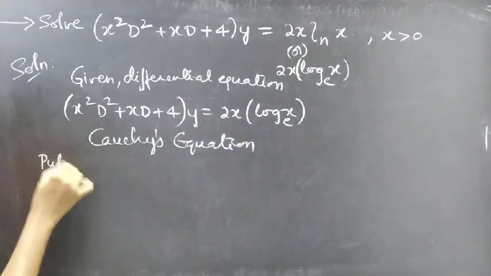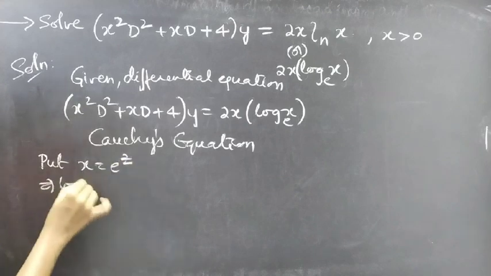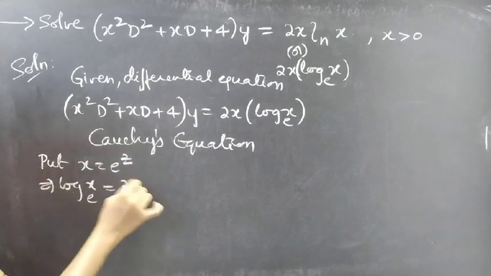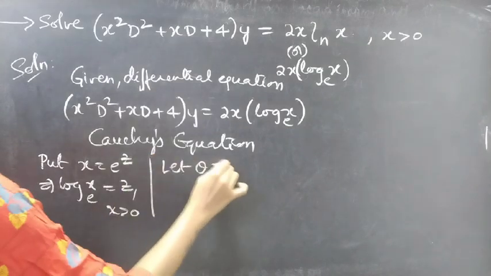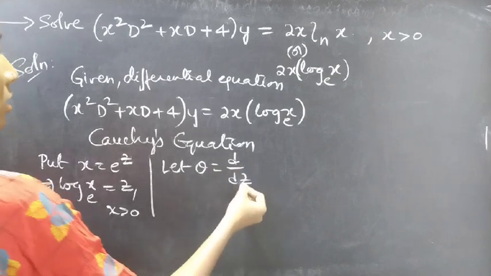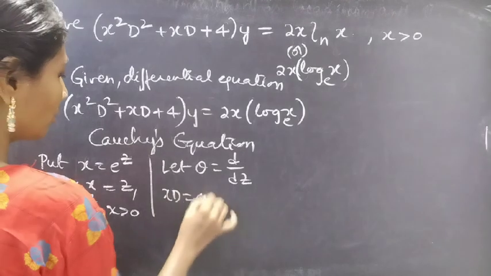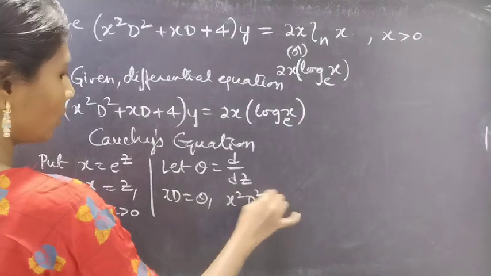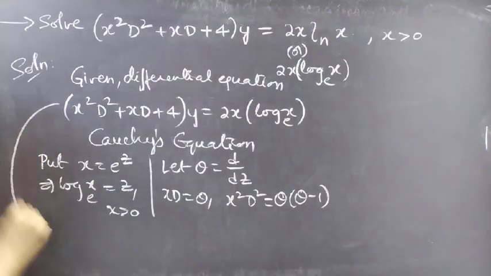Put x equals e^z, then log x to the base e equals z, for x greater than 0. Let θ equal d by dz. Here θ is a differential operator with independent variable z. Then xD equals θ and x² D² equals θ(θ − 1). Right? Now this equation becomes